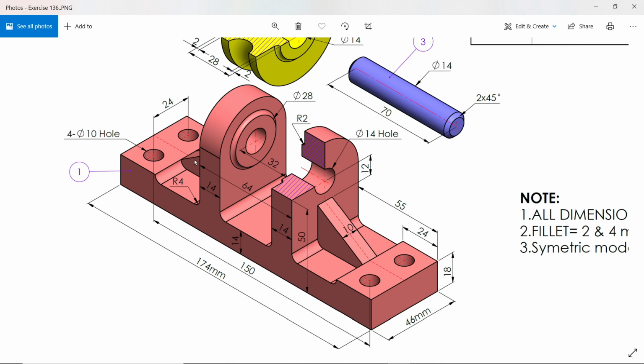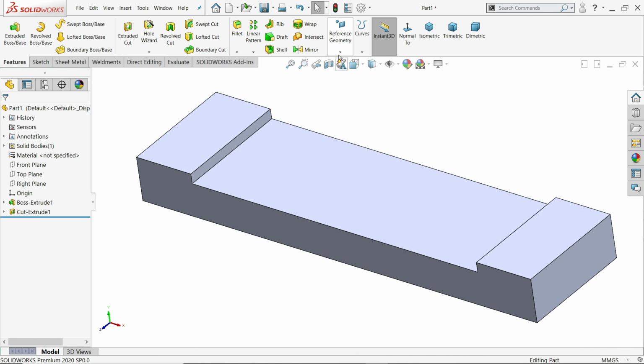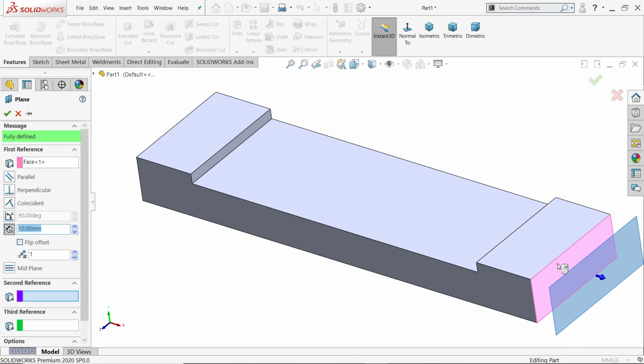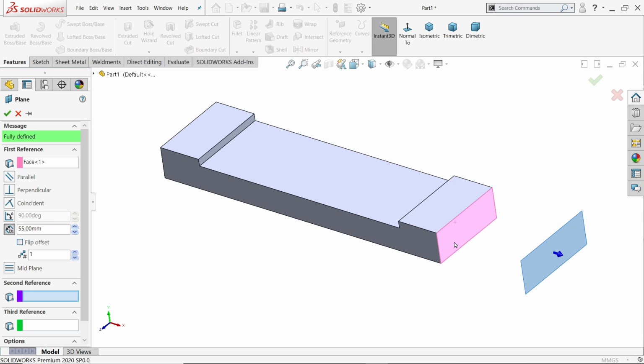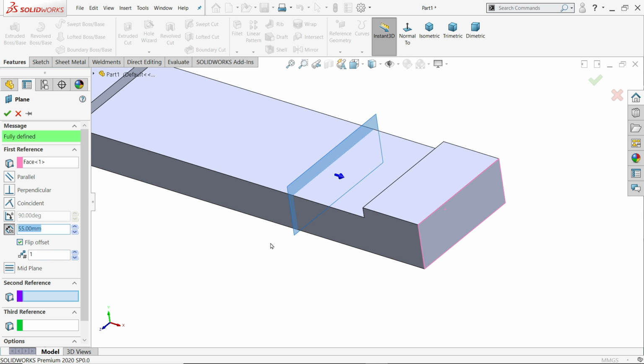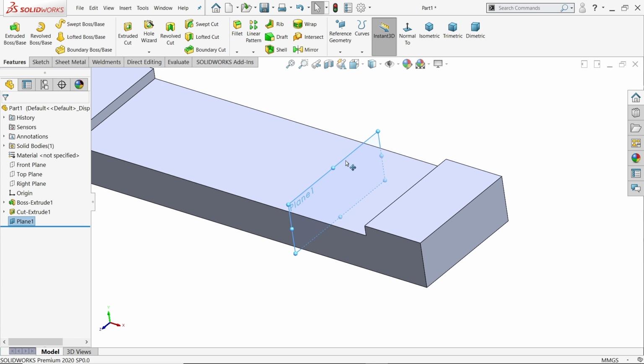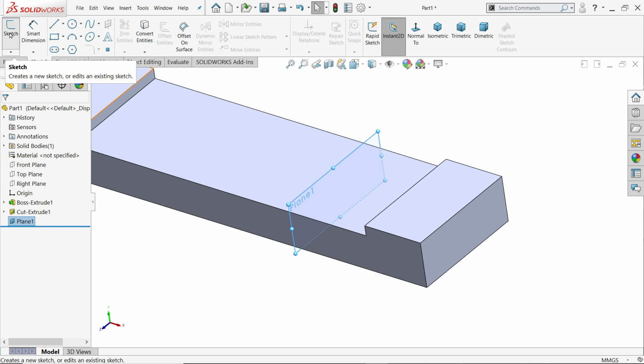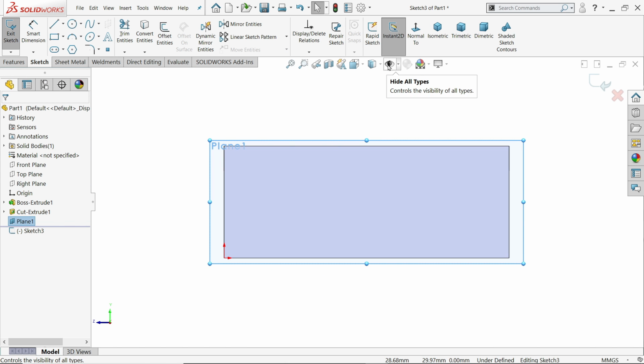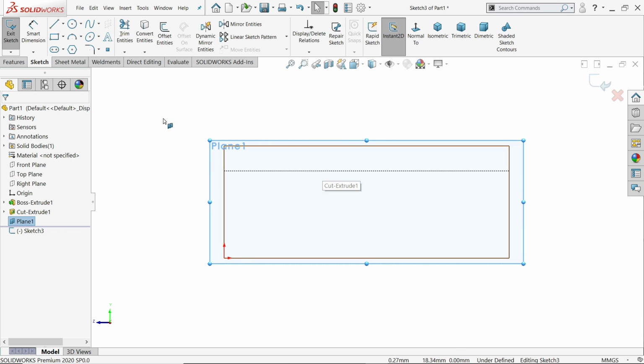We will create a mid plane, but then we don't even need the mid plane because we already defined this line as a mid. So we will mirror it, and there is one more rib, 10 millimeter. This one also we are going to create. First I am going to make a plane, select this one and here put the dimension 55, but it is moving the wrong direction. Flip offset, see. Okay, now click on the plane and activate sketch. Now I want to see hidden line because our geometry starts from this plane.